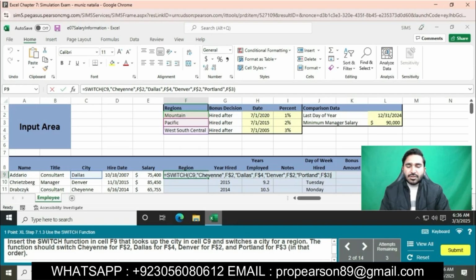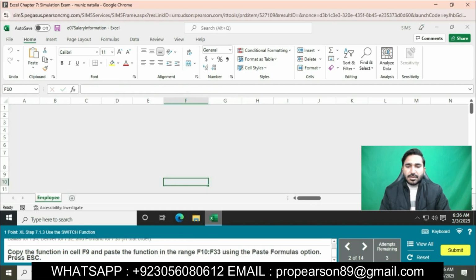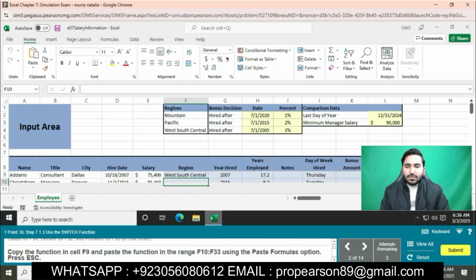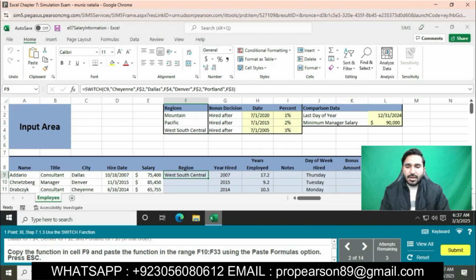You can see this is so good now. Then I have entered, okay, we will press enter. Then it will be fine. Value. Region in cell F9: west, south, central. Now copy the function in cell F9, paste the function to the range F10 to F33 using the paste formula